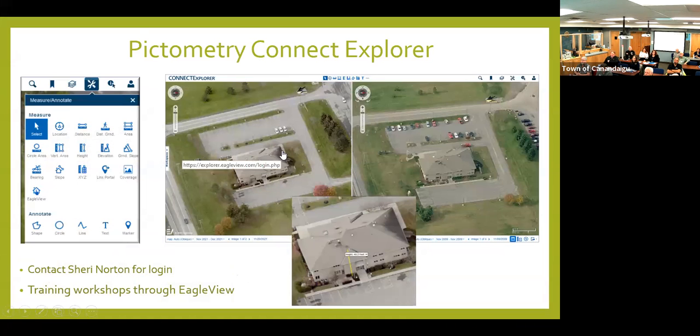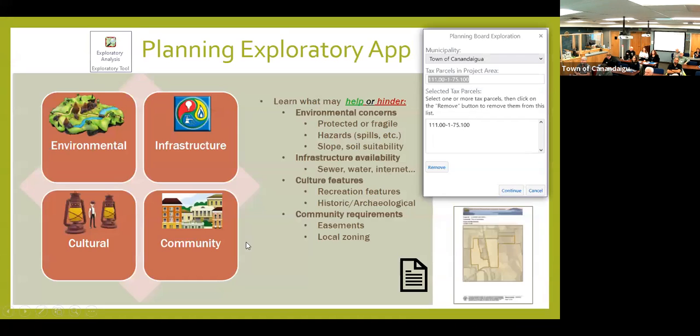Okay, so all right. We've talked about OnCor. We've talked about both the public and municipal login site, and options for using Pictometry within OnCor, as well as its own standalone Explorer. I just wanted to mention briefly that we have a lot of other applications. One of them that's more recent is the Planning Exploratory App. And this provides